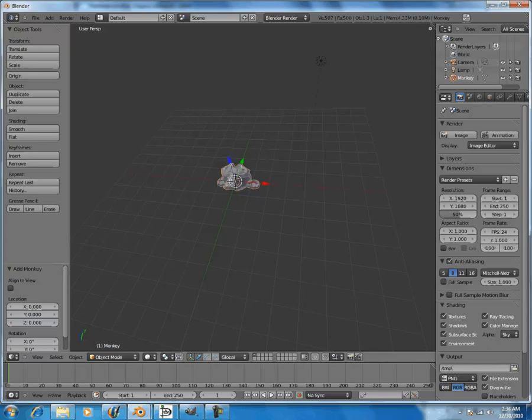ZBrush for 3D modeling, sculpting, texture painting. It's very nice. There's Mudbox. There's 3D Studio Max. There's Cinema 4D, etc. There's a whole list of programs out there, and each one has its benefits and strengths. They're very nice, and so there are certain formats that go across the board that I'll work with,